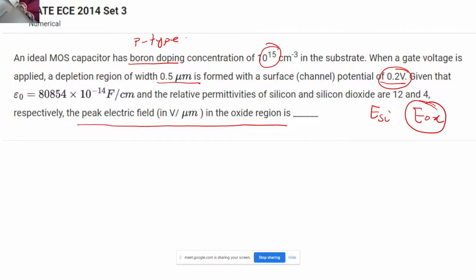So now can you guys help me, how should I proceed with this question? Any hints from anyone? See, this is a GATE question, right? Many of you will be writing the GATE exam, so it will really help if you can throw some approach so that we can solve this question together.